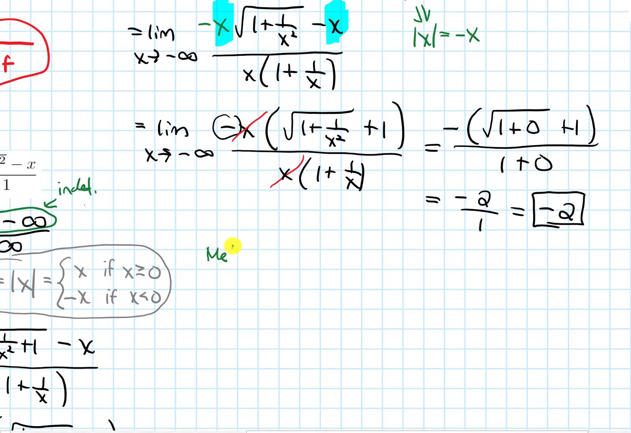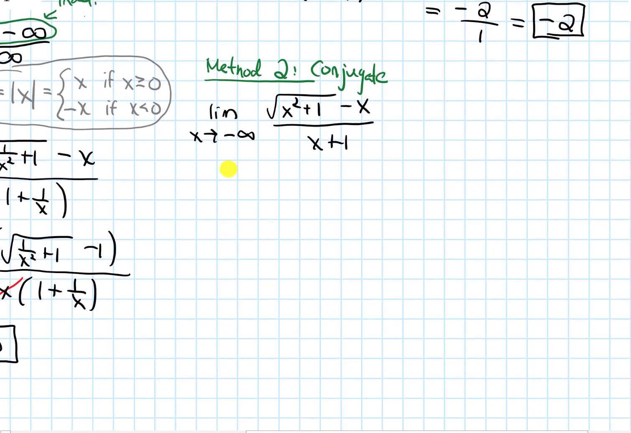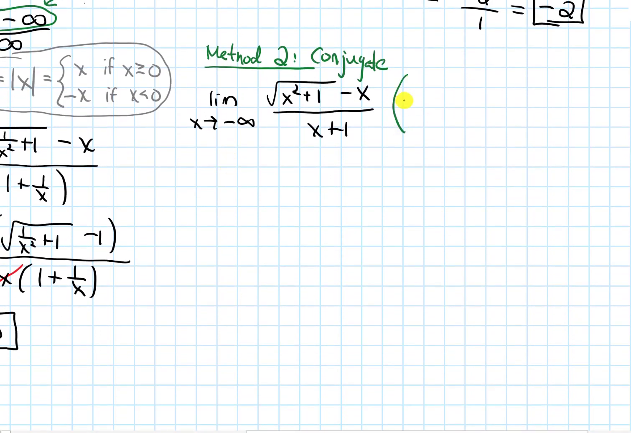So method 2, what does it look like if we do the conjugate? And will that be better here? Method 2 is conjugate. All right, so let's write the original question. The limit as x goes to negative infinity, root x squared plus 1 minus x over x plus 1. And let's multiply the top and the bottom by the conjugate of this term on the numerator, root x squared plus 1 plus x over,